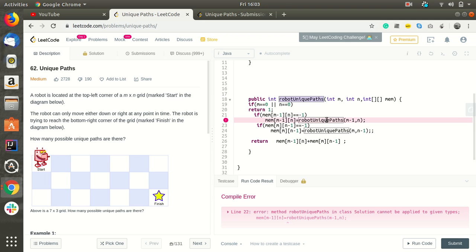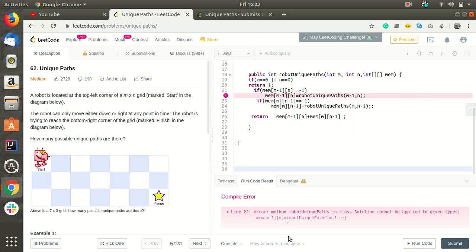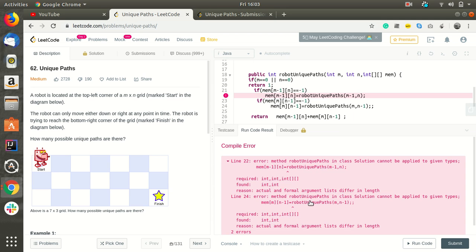Robot unique paths. What's the issue? mem m minus 1, n minus 1 equals -1 is equal to robot unique paths. So what's the problem?